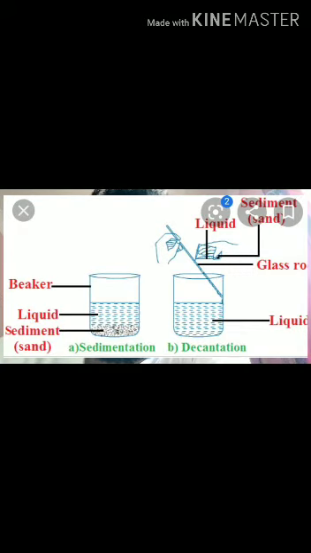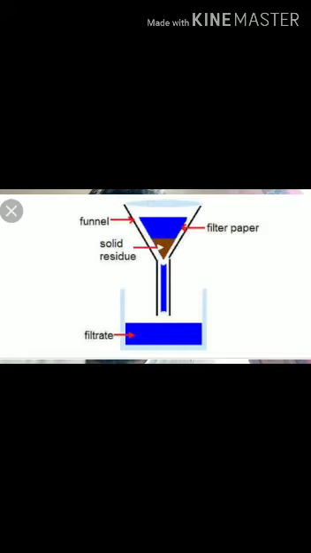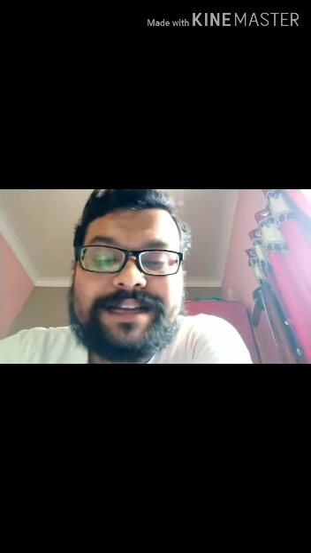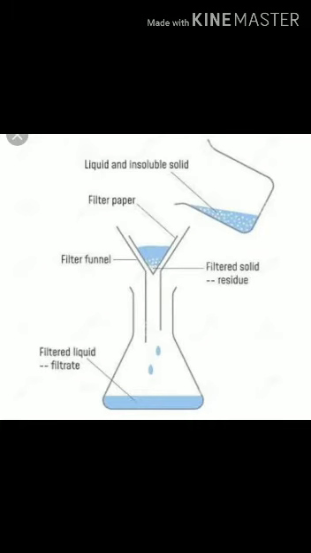Now move on to another process called the filtration process. Filtration means the process of separating solids suspended in a liquid by using a porous medium, which is called a filter. Filters with different pore sizes are available. The pores of the filter should be smaller than the size of the component that needs to be removed. The insoluble solid component left in the filter is called the residue, and the liquid that passes through the filter is called the filtrate.